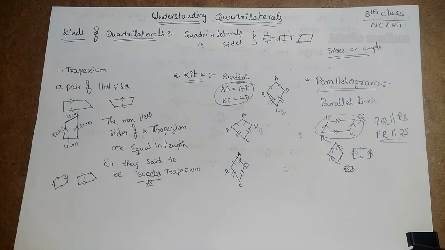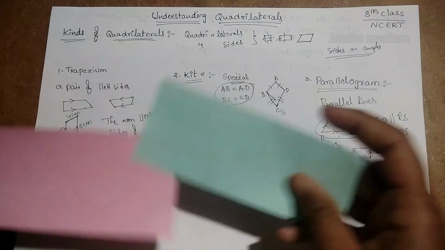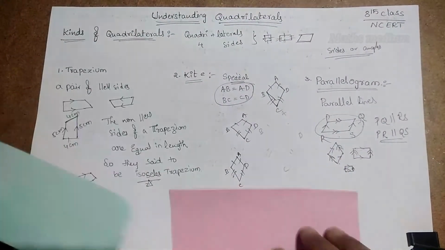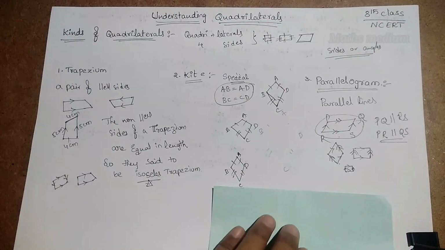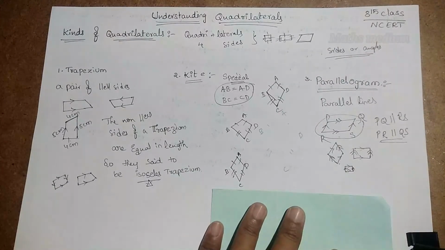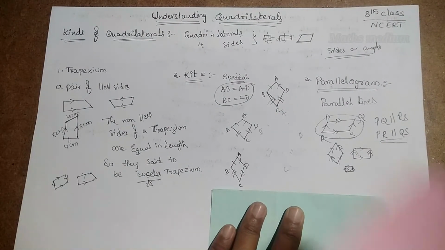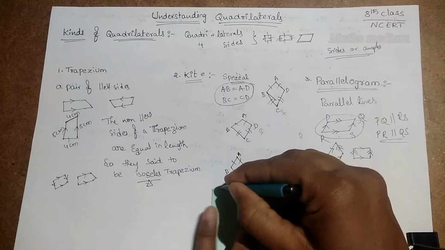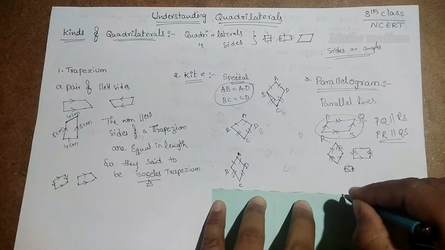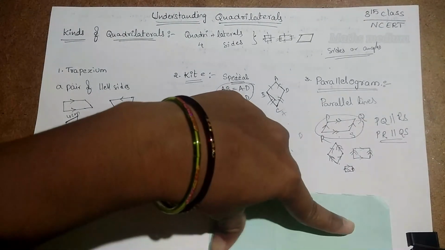I will explain the parallelogram with a small activity so that you will get a better understanding of the parallelogram. I hope you will like it. Let's take two different types of papers like this. This is one and this is two. Next I am drawing with one side of the paper. So this is some length and this is bigger than that. So let's trace this outer line here, also the edges.